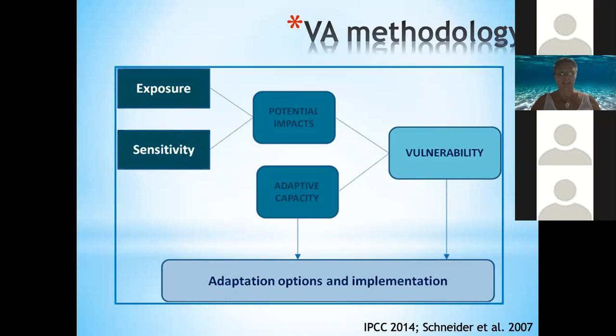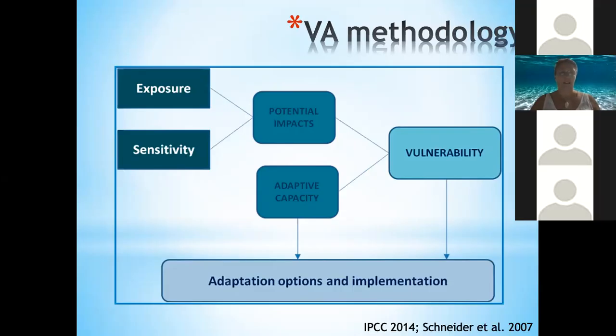If you have high adaptive capacity, it can actually temper the potential impacts of, in this case, ocean acidification. Ultimately, all of those things combine to give you a measure of vulnerability. And by unpackaging it this way and using indicators and criteria for each of these components of exposure, sensitivity and adaptive capacity, we were able to understand what the drivers of vulnerability were, and also then provide some recommendations of adaptation options that can address those drivers.